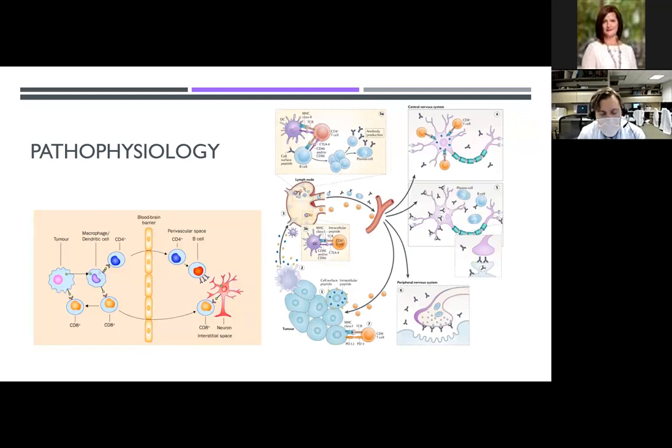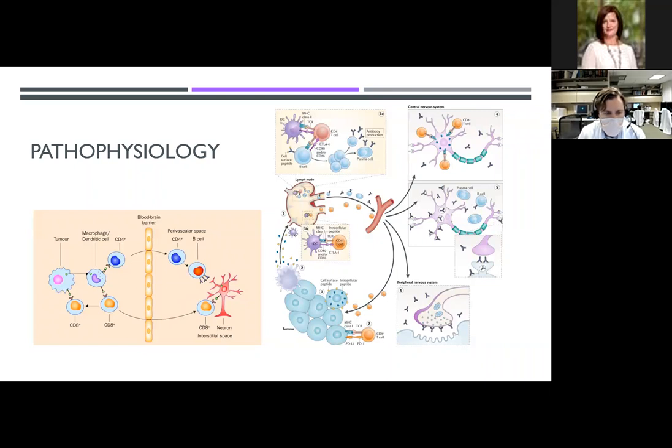So the general pathophysiology is somewhat complex. I'm going to try to give a simple overview of it here because I'm not an immunologist and I probably can't explain it the best. But the basic premise is that the cancer cells are abnormal and your immune system doesn't like it. This is one of your body's defenses against cancer. They have abnormal antigens on them and your immune system picks up on that. So either they die and macrophages or dendritic cells pick these up and present them to CD4 cells or CD8 cells, or they're picked up directly on the cell surface by CD8 cells.